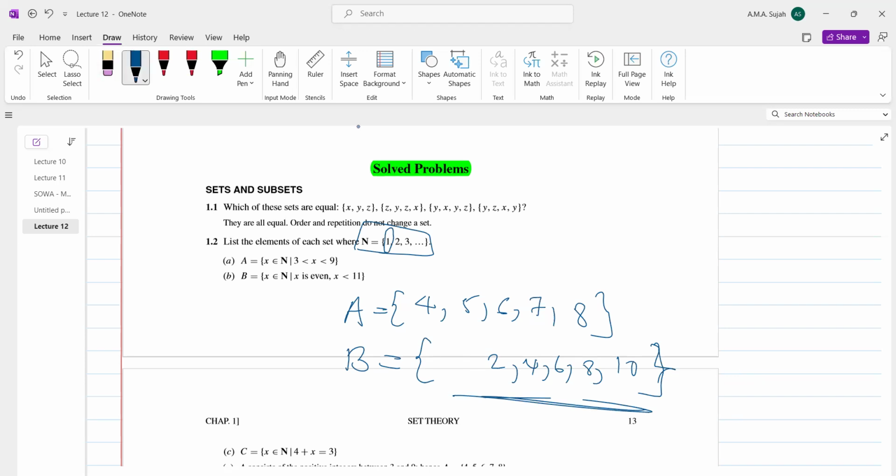So what about the third one? C is a set of x belonging to natural numbers, positive integers, such that 4 plus x is equal to 3. So what is the possible value? 4 plus x is equal to 3. So x is equal to,